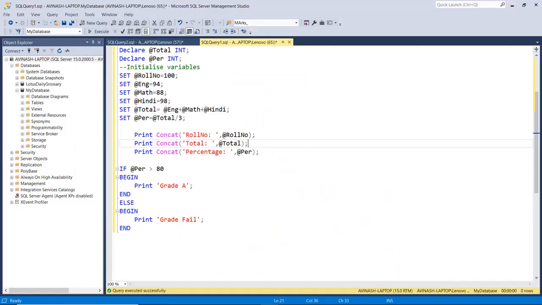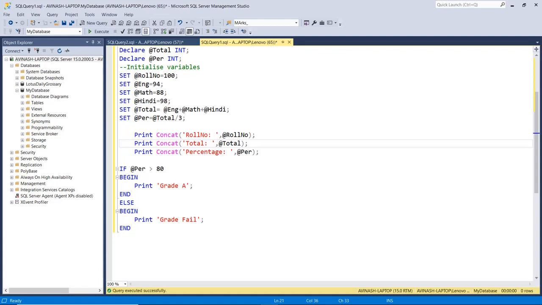So already we have seen this program. We have done this program, but now we modify this program for the implementation of the nested if else statement. My requirement is I want the range for the percentage, because right now we have only one condition. Condition is greater than 80, but I want the range. I want to assign the grade on the basis of the percentage range.